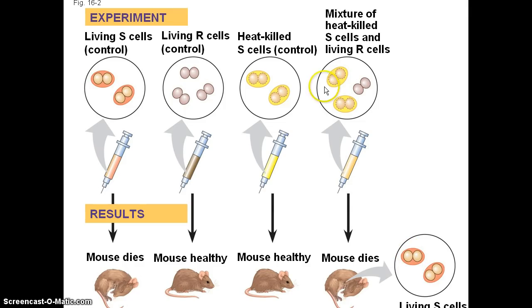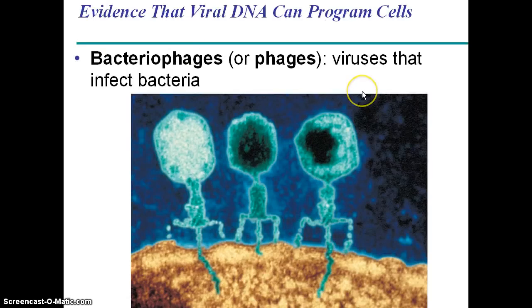So he knew that information was being passed on from these pathogenic cells that had been killed to these non-pathogenic cells. And because of the heat treating, he had assumed that the proteins would have been denatured, so that DNA was a likely candidate for the substance that was passed on to the non-virulent bacteria. Now, that did not settle the debate by any means. So it was over 20 years later that